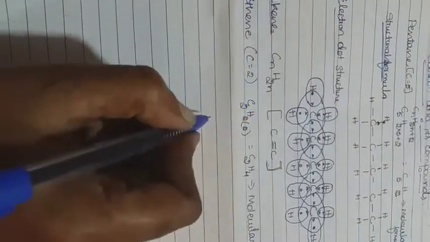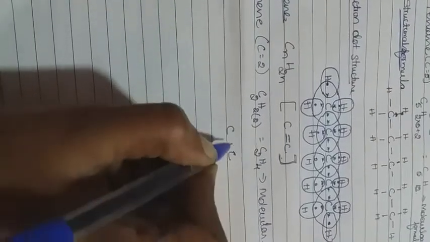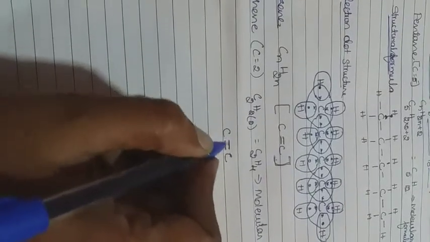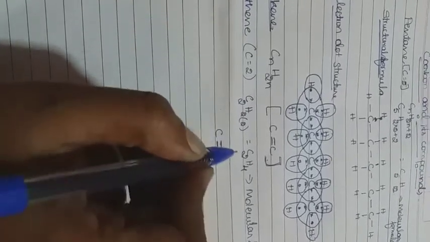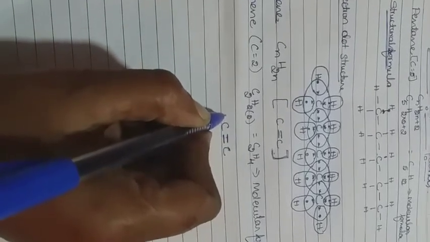Here there are 2 carbon atoms, so you should write carbon 2. Then there are also 2 hydrogen atoms, so you should write hydrogen 2. I told you already, between the carbons there will be a double bond in one place. Here only one place, two carbon atoms, so we have to put two lines here, I mean two bonds. Around the carbon atom there must be four bonds, that means 2 are already there.